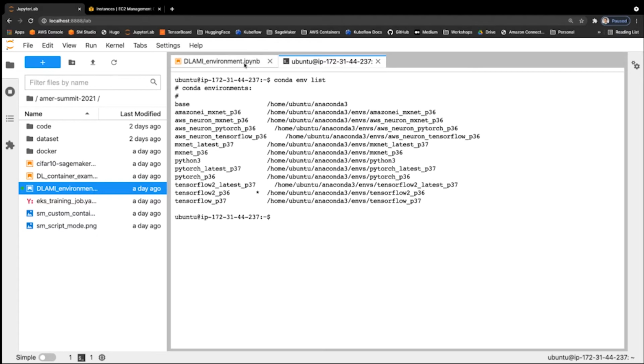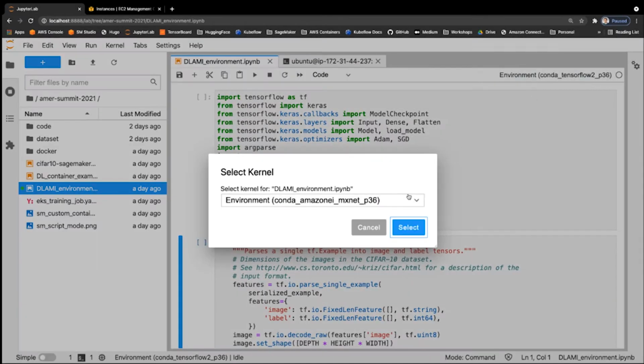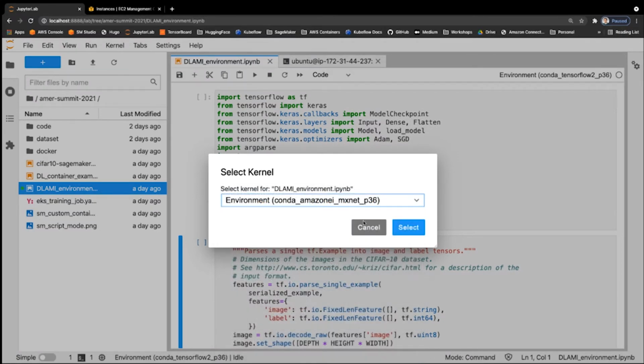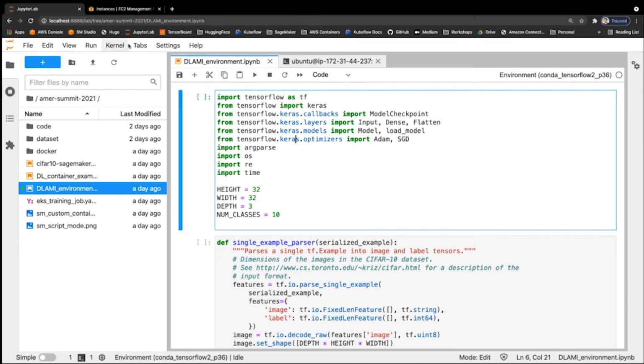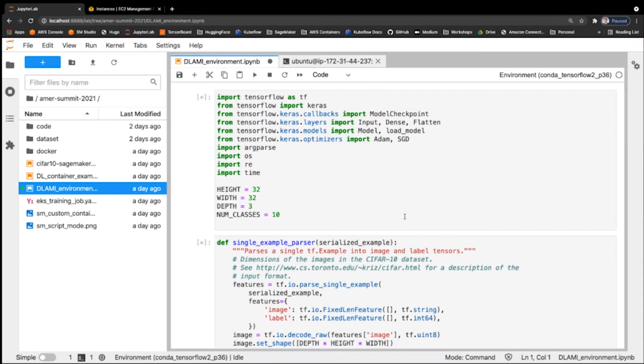The way I like to use it is through the Jupyter Notebook by selecting the environment and choosing one of the pre-configured Conda environments here. So I can quickly, let's go ahead and run this cell. And this is your familiar Jupyter Notebook interface. It's just that the backend is an Amazon EC2 instance rather than running it on your laptop.